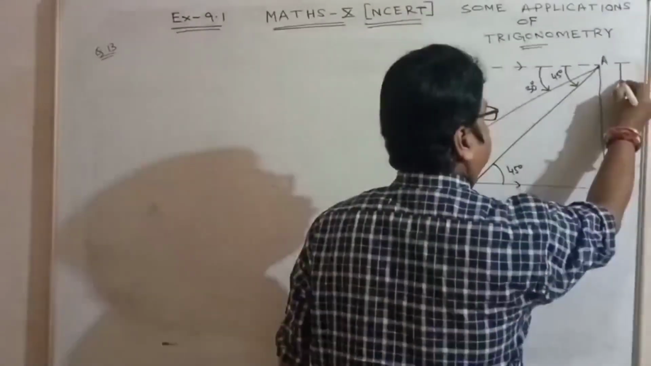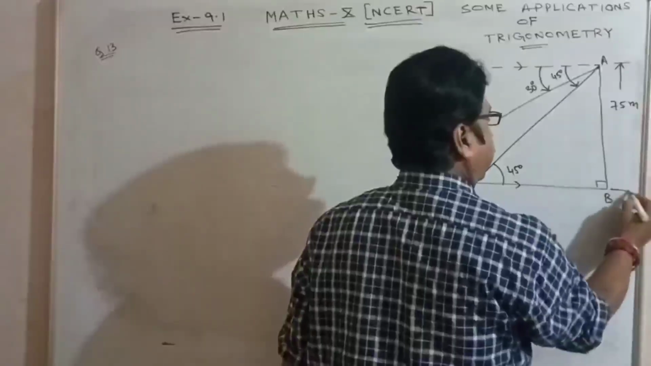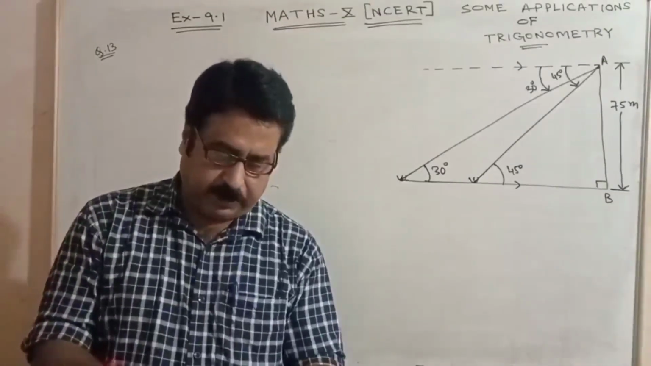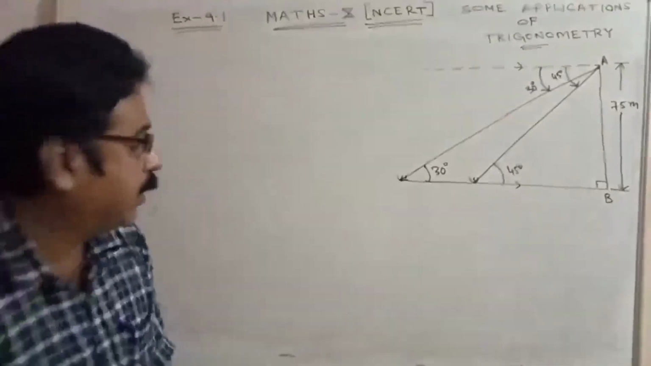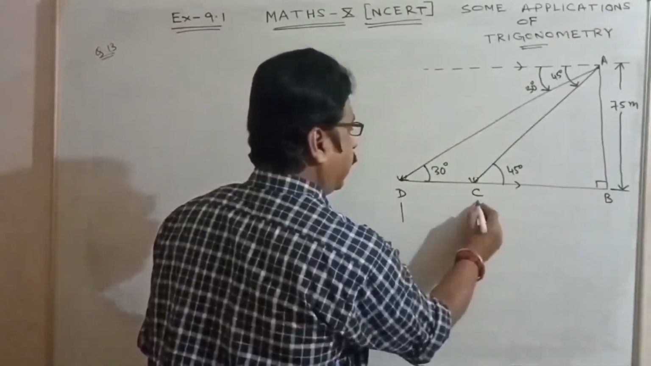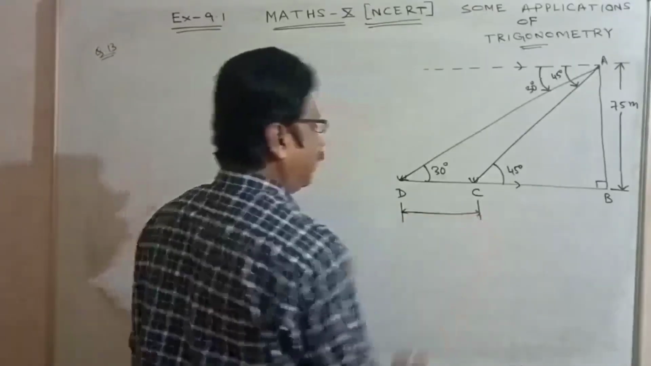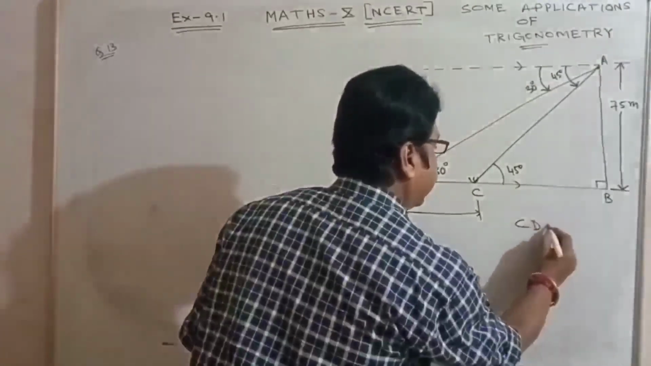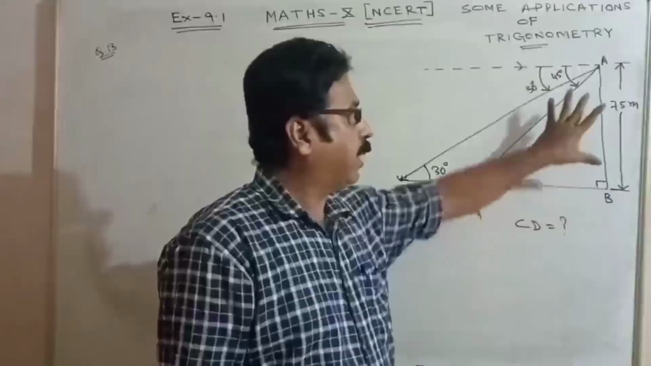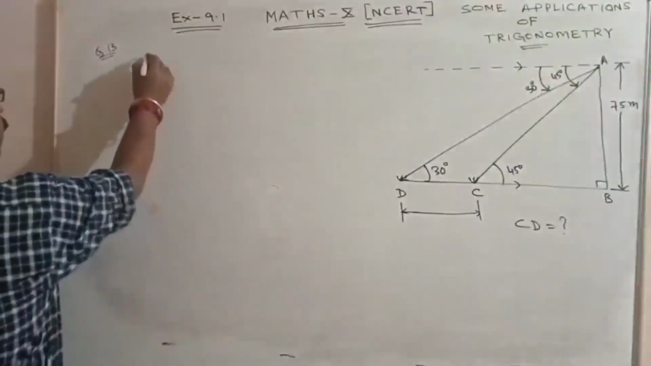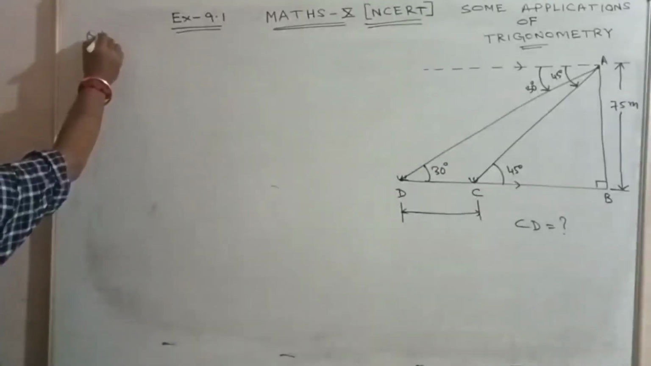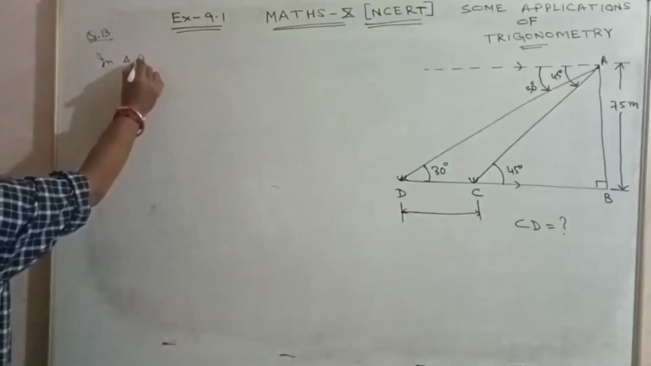This data is given. Height of the lighthouse 75 meter. We have to find the distance of the two ships. This is the distance of the two ships. Let us name them. It is C, it is D. This is the distance between the two ships. This we have to find. Means CD equals to how much? That we have to find. Let us take this triangle first. A, B, C. Perpendicular is AB, base is BC. In triangle ABC,